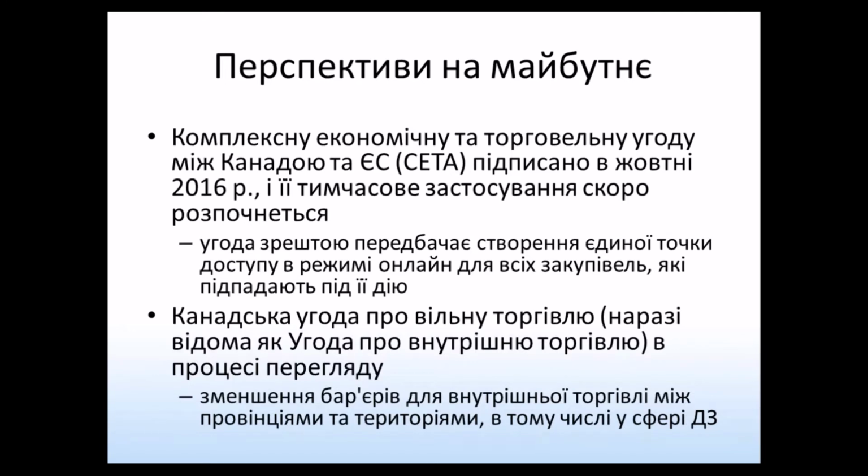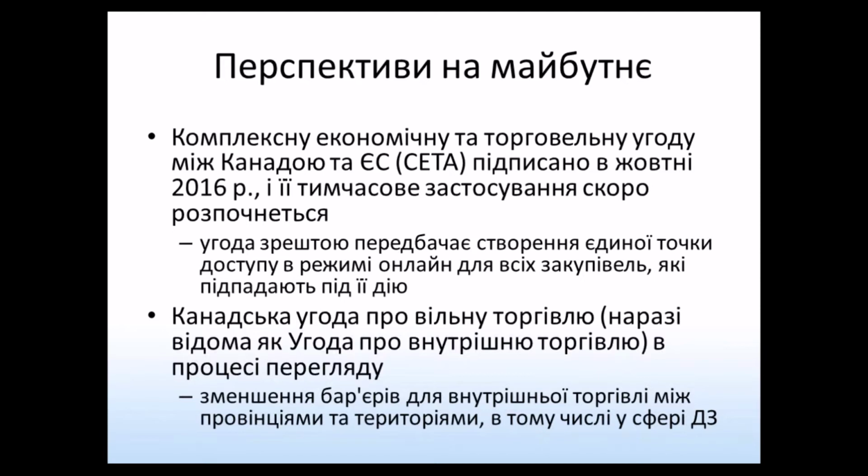Another development happening right now in Canada is the finalization of what we call the Canadian Free Trade Agreement, which is also known right now as the Agreement on Internal Trade. That agreement was recently renegotiated, and the whole idea behind it is to reduce internal trade barriers between provinces and territories. Government procurement also features prominently in this agreement, and we do expect procurement by provinces and territories to be more aligned in the future as a result of the commitments they've undertaken